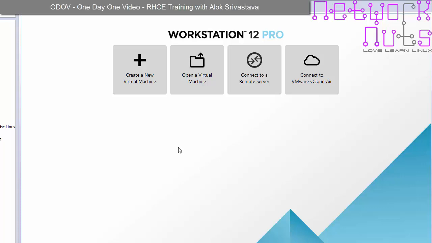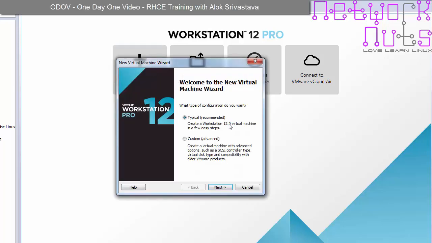So if you are comfortable with the VMware workstation or VirtualBox, the things will be more or less same. Only some cosmetic looks will be different. So what I'm going to do, I'm going to create a new VM here. So I can simply create a new virtual machine. Okay, let it go to the typical,